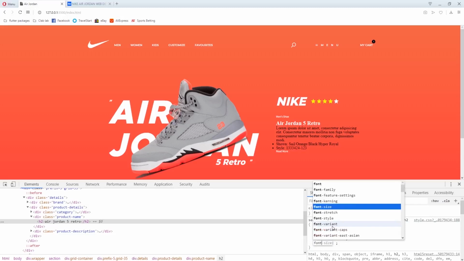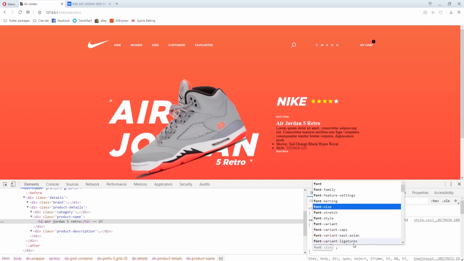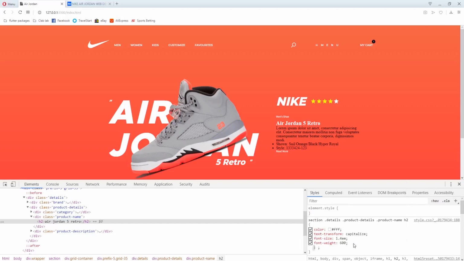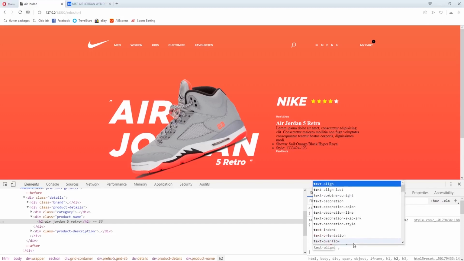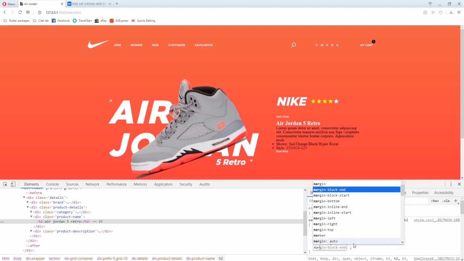So font weight to be like 600, and font family, only font family first, I beg. I'll set the text decoration to be none. Do we need it here? No. Margin bottom, we need margin bottom.